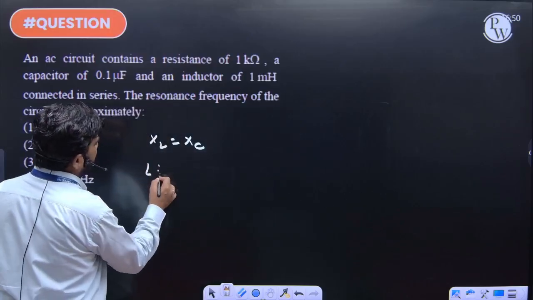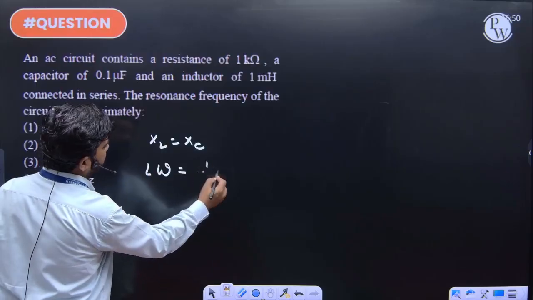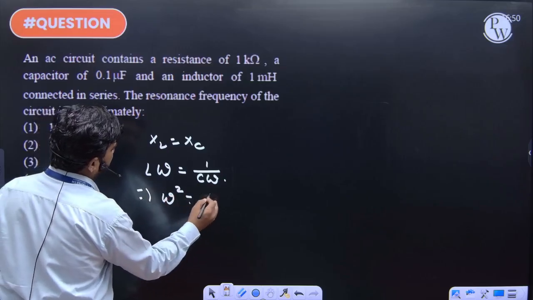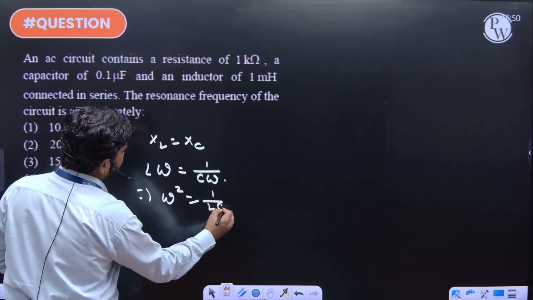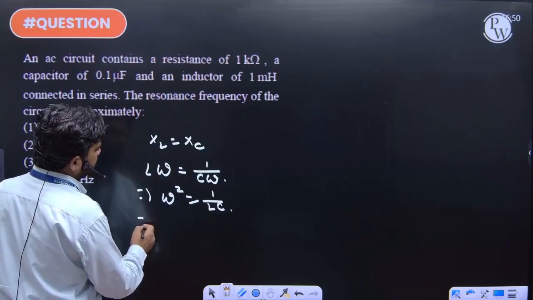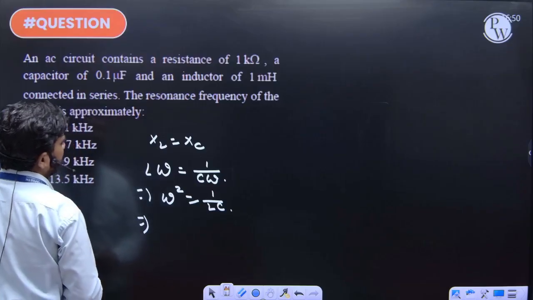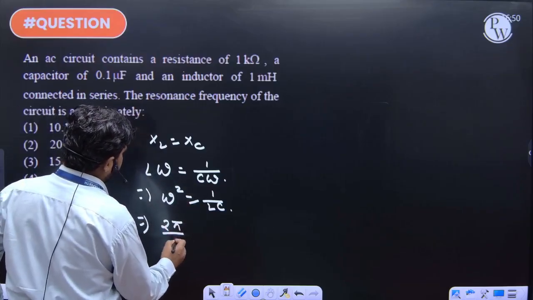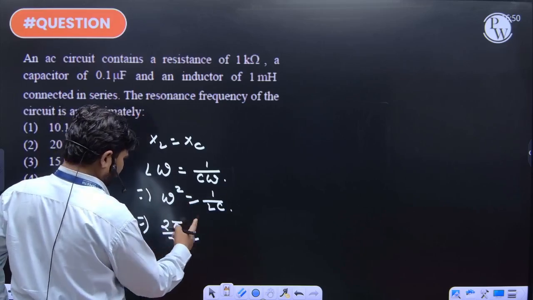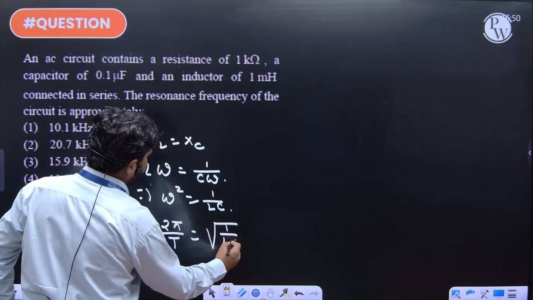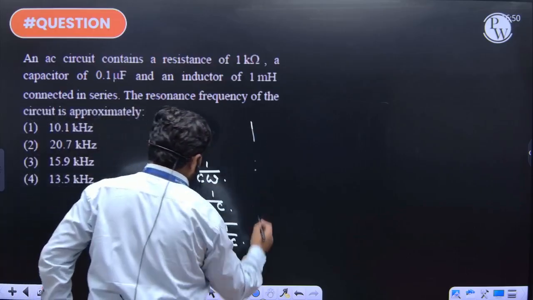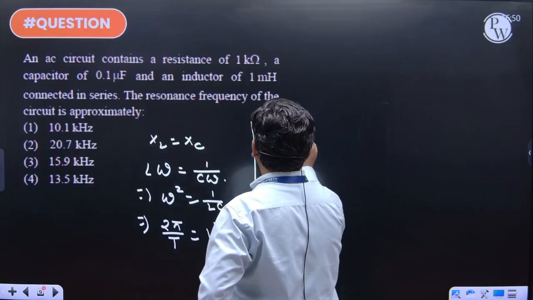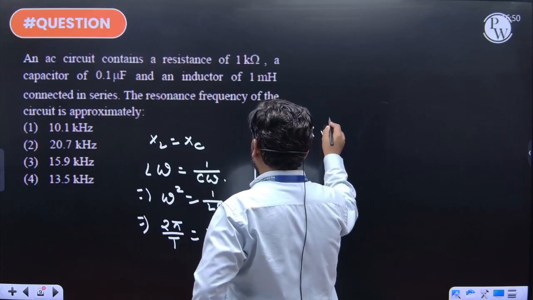XL is equal to L omega. I am just trying to make you aware of this. What is XC? 1 by C omega. From here, you will get omega square is equal to 1 by LC. Correct or not? So what is your omega? Omega is 2 pi by T, which is equal to root over 1 by LC. So what are they asking, time period or frequency? Time period T is equal to 2 pi root over